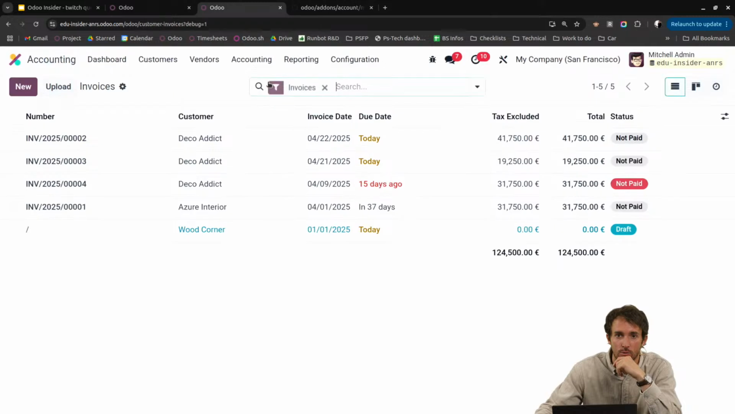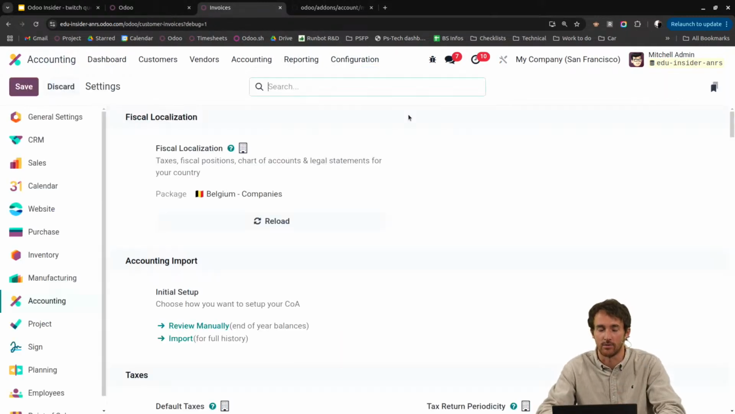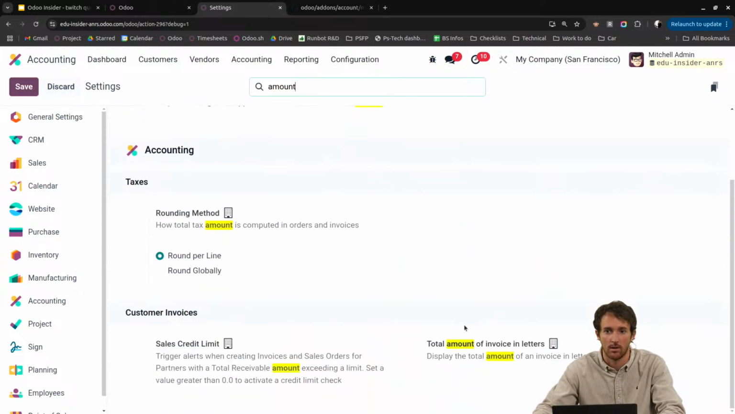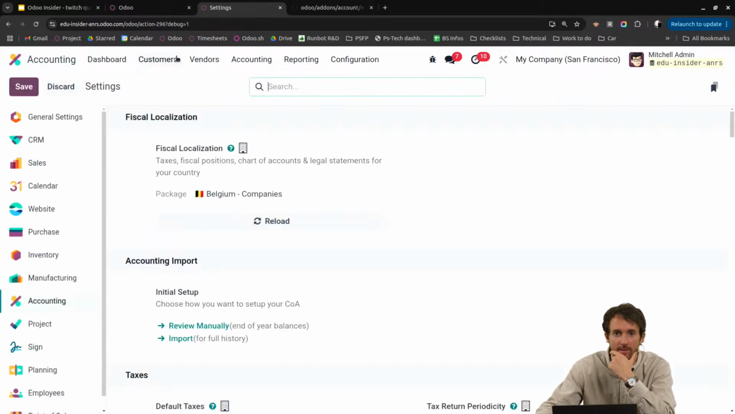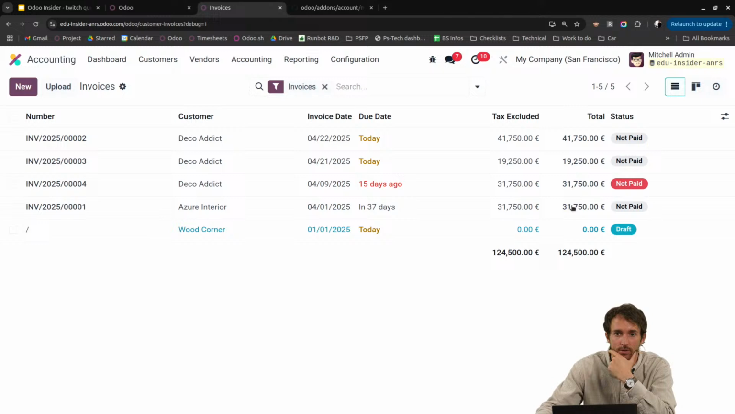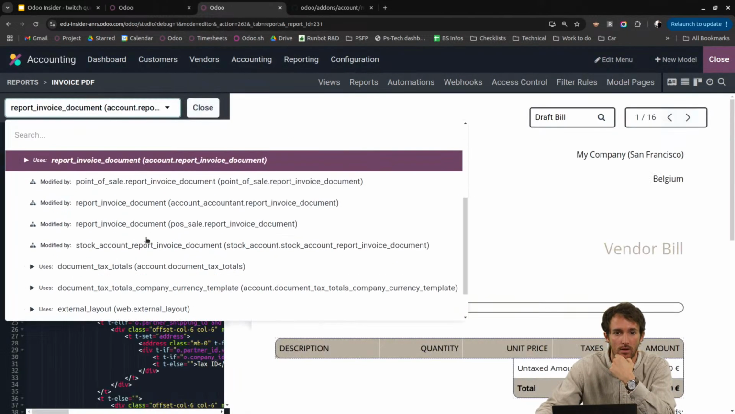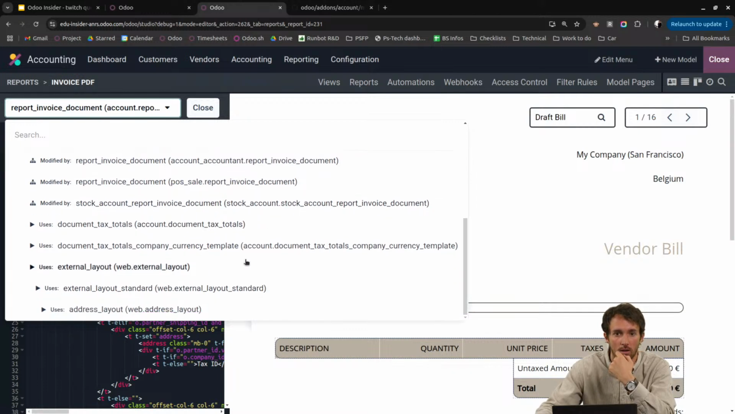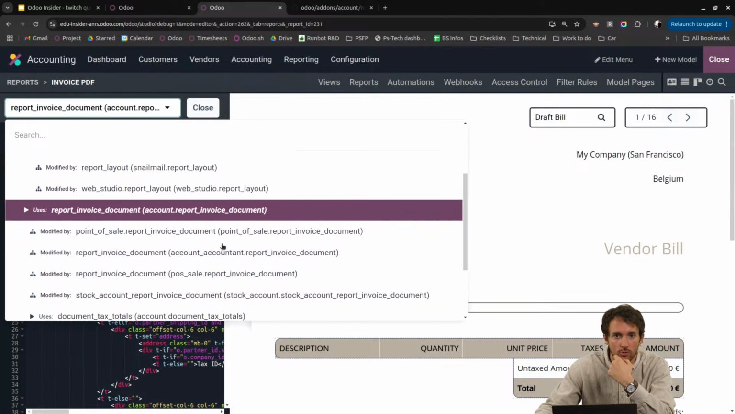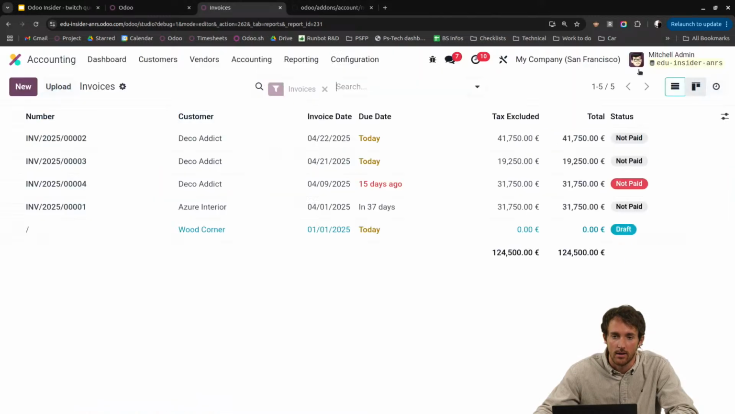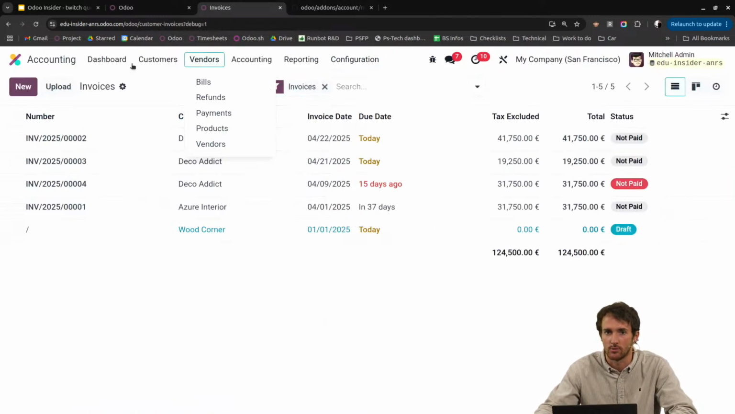But maybe that's because I need to activate the settings. It's not maybe done by default. Amount. Yes. So if I activate that setting and come back on an invoice here, well, it doesn't seem to appear like this, but what I can still do is to take a look at this